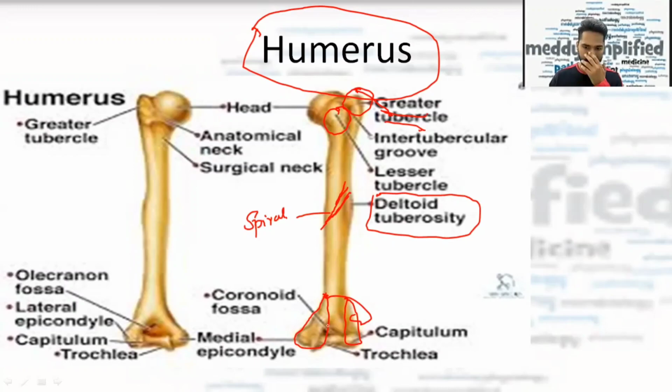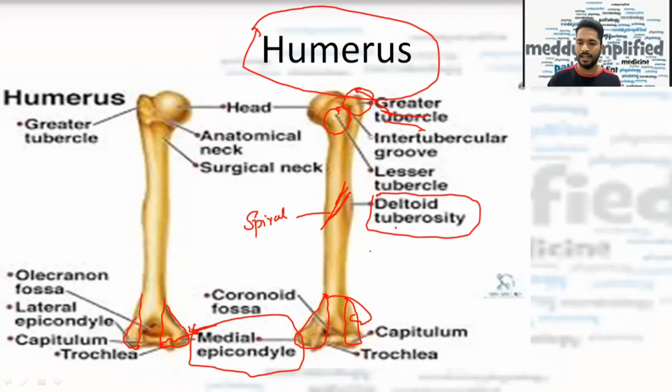So important thing, many people tell me that I don't remember which one is the medial or lateral. मैं ऐसे याद रखता हूँ कि जो वाला ज्यादा खिंचा है, जैसे ये दोनों अगर हम स्ट्रेट लेंगे तो ये शॉर्ट है lateral epicondyle, पर medial epicondyle थोड़ा सा खिंचा हुआ है. So ऐसे मैंने याद रखा है. So this is how I remember: the medial epicondyle, which is a bit stretched, is medial epicondyle. So things which you need to remember are greater tubercle, lesser tubercle, deltoid tuberosity, there is a spiral groove at the shaft, and the medial epicondyle.